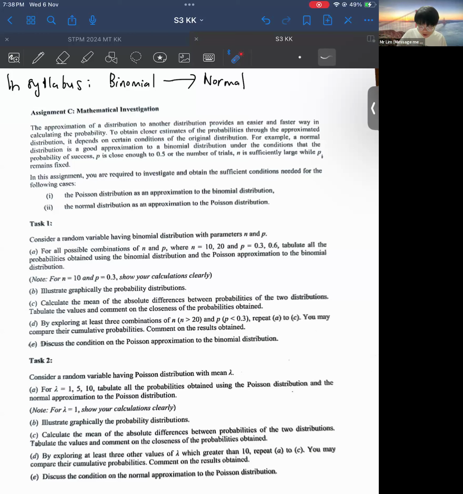A normal approximation, this is what you learn, right? A normal approximation is a good approximation to binomial under the condition that P is close to 0.5 and the number of trials is